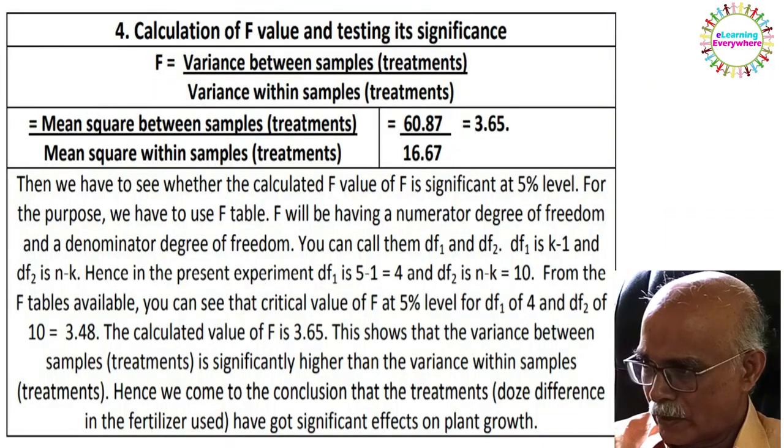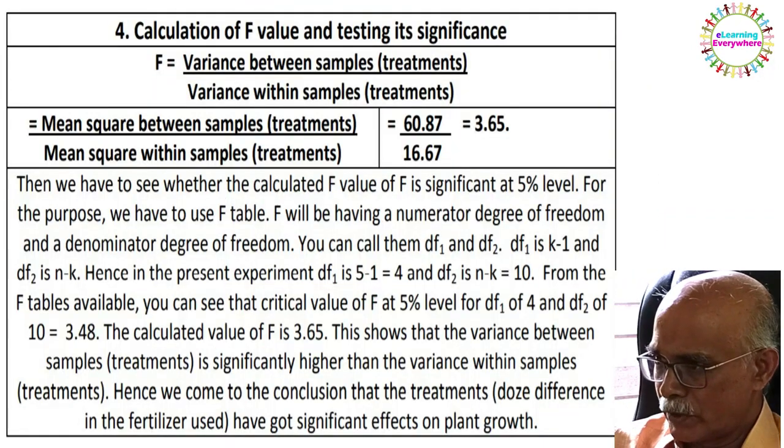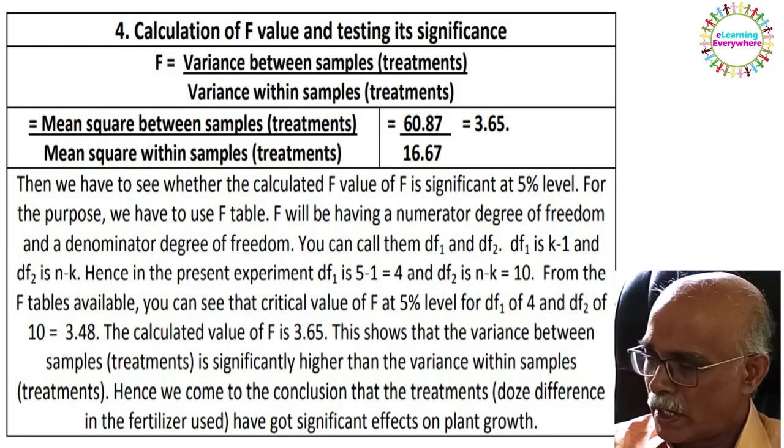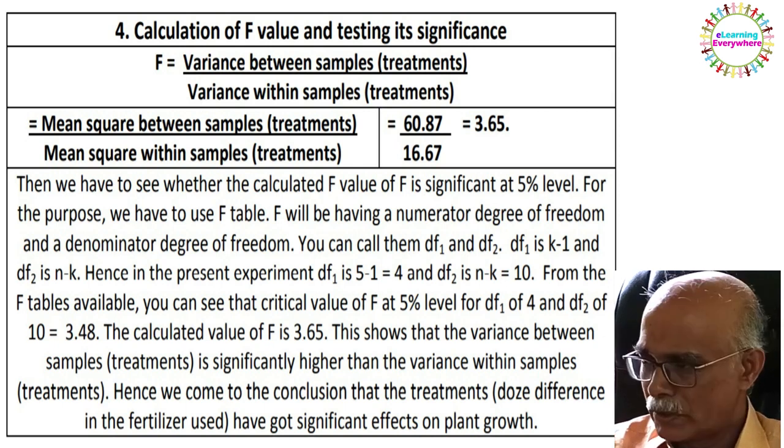And the next step is the calculation of the F value. F is equal to variance between samples or treatments divided by variance within treatments. So you have calculated now both these values. Mean square between samples stands for variance between samples,